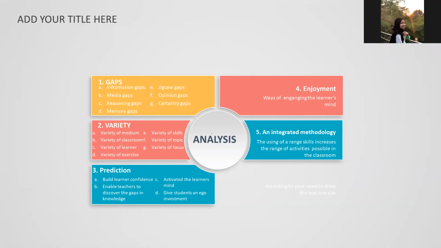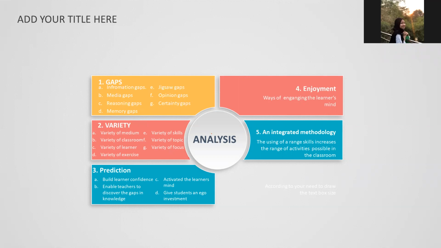The third one is prediction. Prediction is a matter of using existing knowledge of a pattern or system in order to anticipate what is likely in a novel situation. So there are several types of prediction here. The first one is to build learner confidence by making them aware of their potential knowledge and how much they really know about language. And then it will enable the teacher to discover where the gaps in